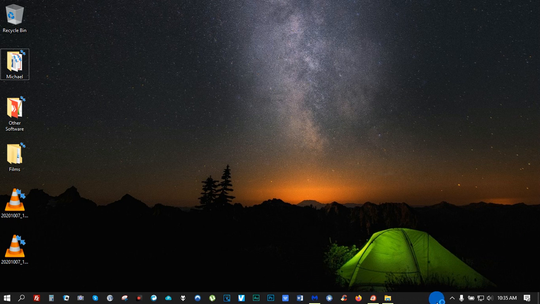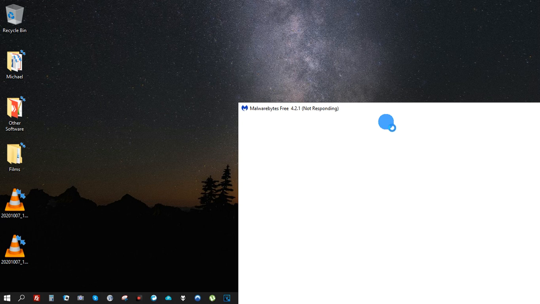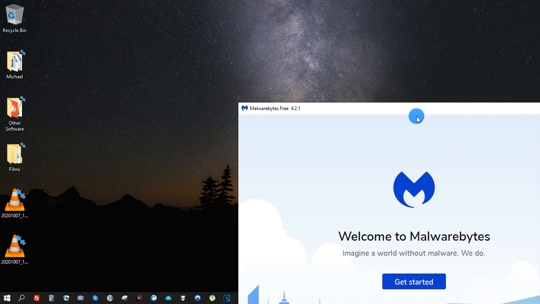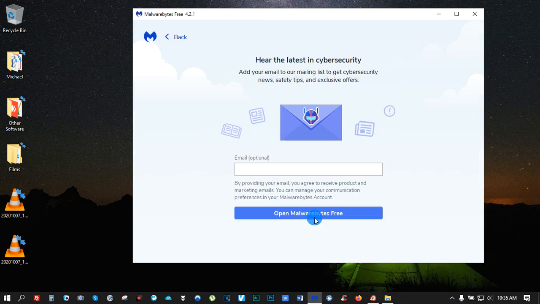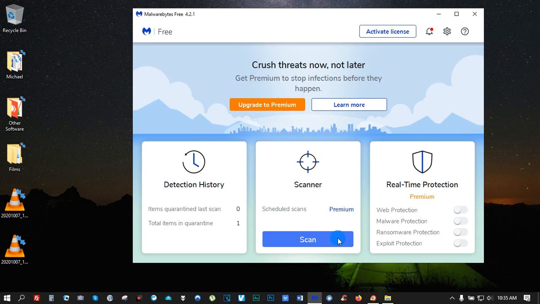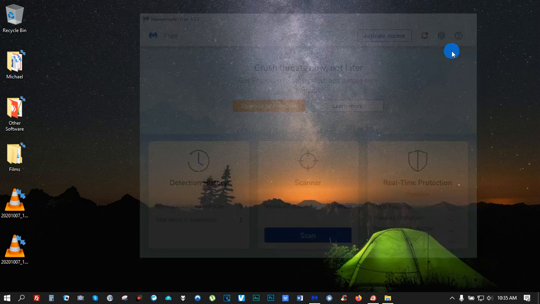Okay? Now, bear with me as my computer is a little bit slow. It's doing something, I don't know. But I use this Malwarebytes, and it does find things. I don't want to pay for it. Open Malwarebytes free, and then you just scan. But if you don't have web protection, it's because you don't have the premium version. Personally, I don't care about that. Just scan it, and that's it. If you have the money, you can pay for the premium version.